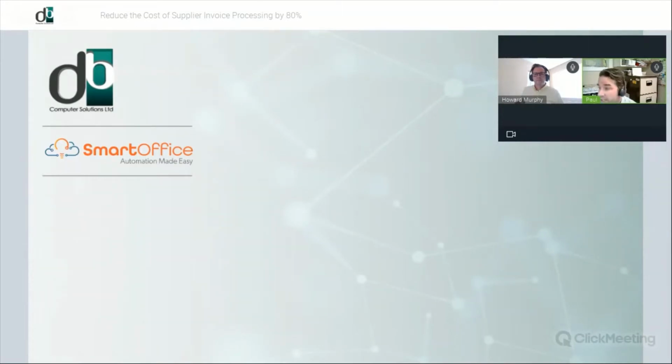Prior to getting this, it was a lot of very time consuming manual data entry, all that kind of stuff. So that's why back in late 2020, I was looking for something that could make things a bit more simple in this day and age, because there's really no need to be doing all this kind of data entry these days with all the technology that's out there.